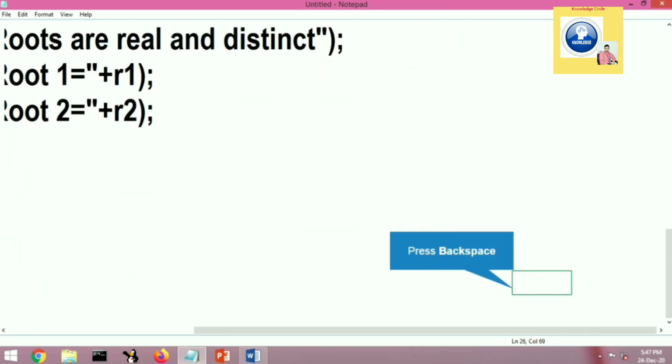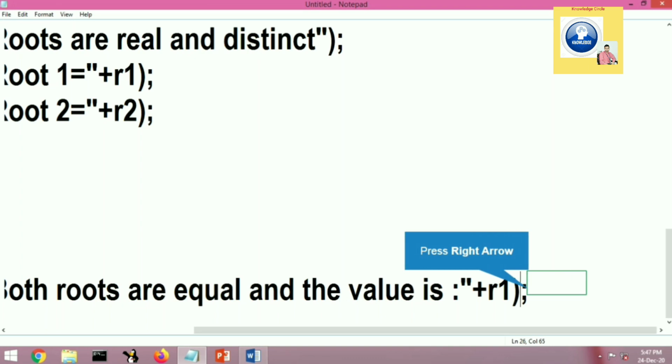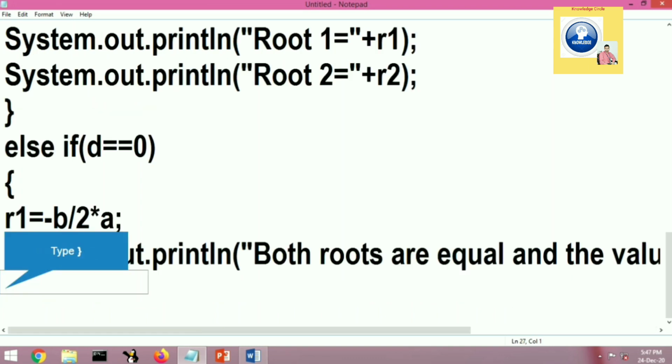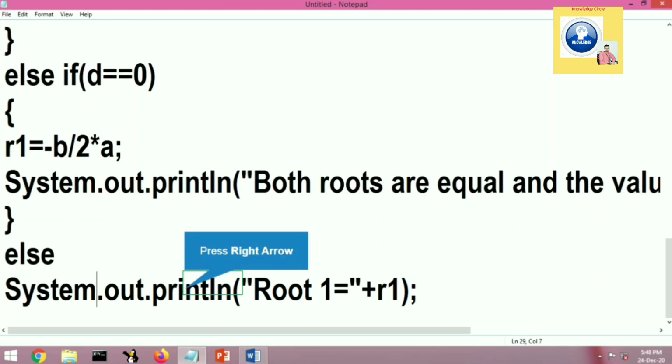If none of the conditions is true, it means that the value is not greater than 0 and it is not equal to 0. It means that the value is lesser than 0. For that we don't need to write the condition. We will simply write the else part. In else, only one statement.